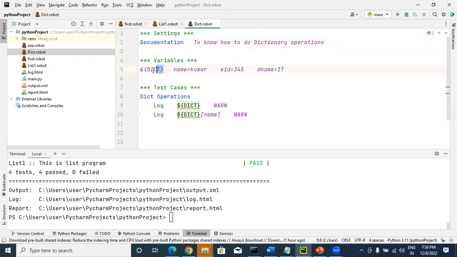Ampersand, then the name of the dictionary, the DICT, just like I previously declared the variables like this. This is approach one. After that, you will give two spaces here. After that, name equal to Kumar. After that, you will give the two spaces. Employee ID equal to 345. After that, you will give the two spaces. After that, department ID. When I execute this one,